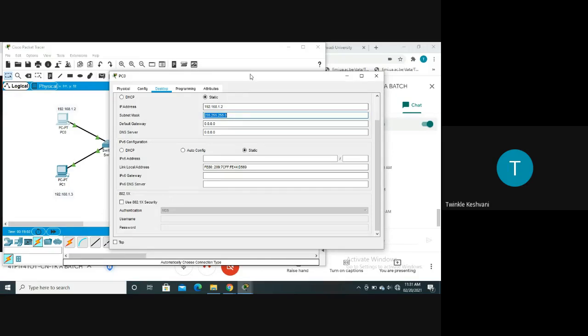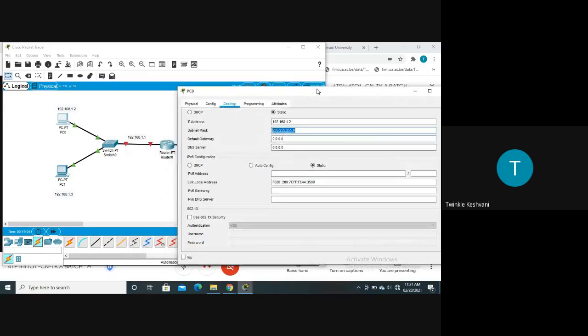And here the default gateway, right? So what default gateway will be used here? Obviously, my message, my mail will be transferred from PC to switch and switch to the router, right? So first of all, that message will be reached at the server side, but for that the default gateway used is switch and the router.